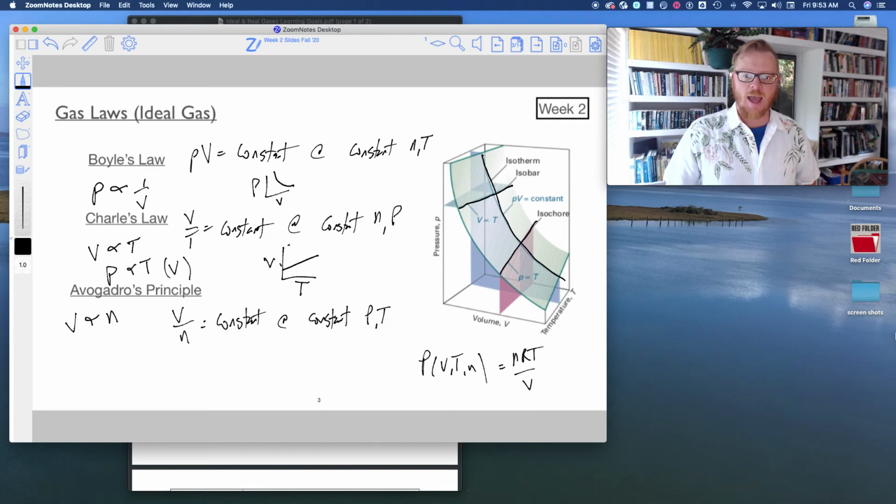Okay? And because we don't have a number of moles axis on this, the entire thing is really directly related to Avogadro's principle, because Avogadro's principle is what allows us to put together these laws, in addition to, of course, the Boltzmann's constant of proportionality. Okay, so now I'm going to move on, and we're